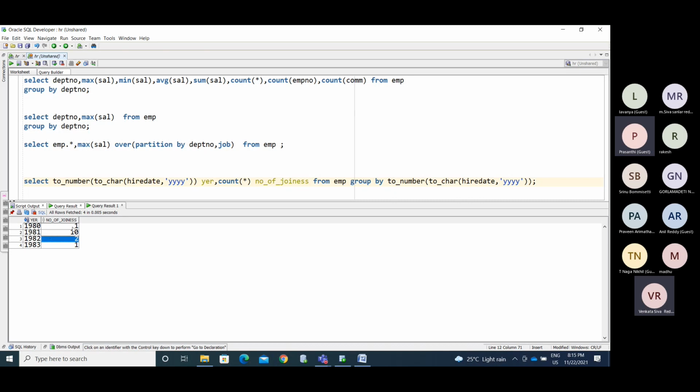There is no growth here. Treat it like, I said, this is sales. 80 has like a 1 rupee sale. In 81 we have 10 rupees. In 82 we have 2. This is 1. Now, if you want to compare the previous year to the current year, next year, whatever we have, I need to compare the previous year value to the current value and make it as a report. The business user or stakeholder cannot look into all these values.